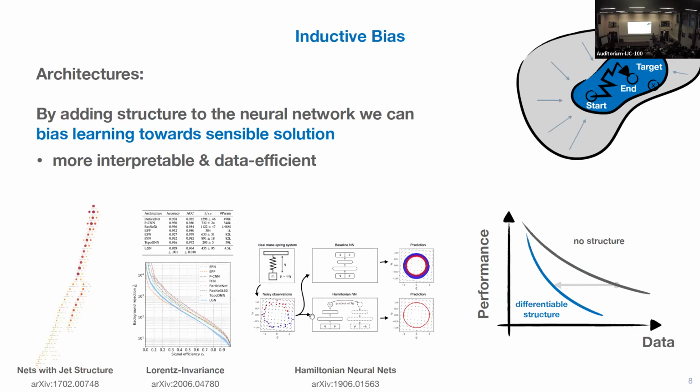people think a lot about architectures, because architectures are a way to add structure to the space of programs that you're looking through. Instead of looking through a huge space of programs, by restricting the class of algorithms you're searching through a smaller, more relevant space. That becomes much more interpretable and also much more data efficient. There are things like QCD-aware neural networks, Lorentz-invariant neural networks, Hamiltonian neural networks. This starts to look much more like programming and not like a single brain that you just train. So you are much more data efficient. You might train a big neural network, but you would need much, much more data. And this is the inductive bias that